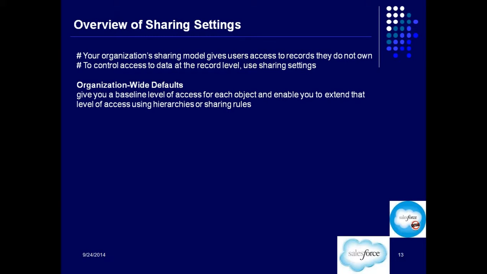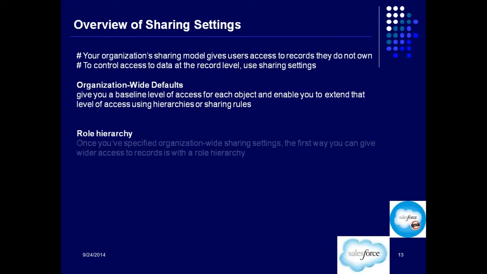When I say data for account, for example, if I say account is private, it will mean only the owner of the account will get to see the account. There can be 10,000 account records, not just one account in the system. Whoever is the owner of that record will get to see that record. Others will not see that record. If I say account is public, it will mean no matter who is the owner, everyone will get to see all the records. So simple logic.